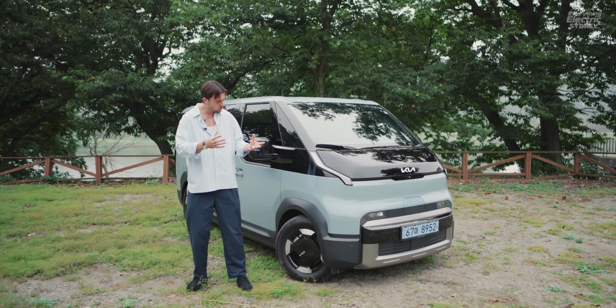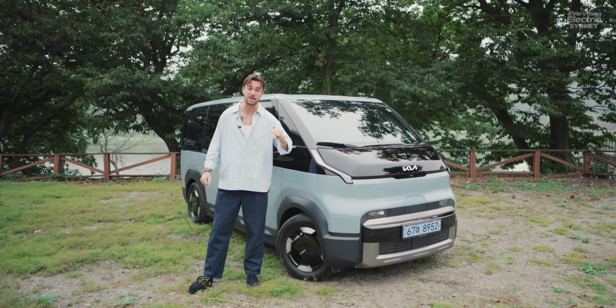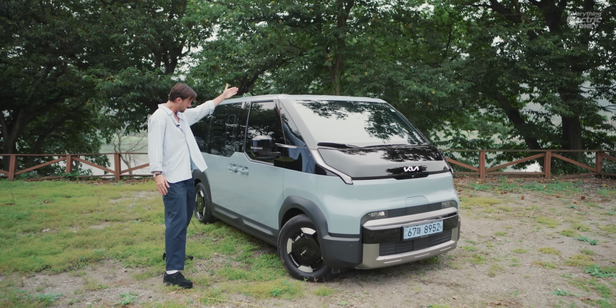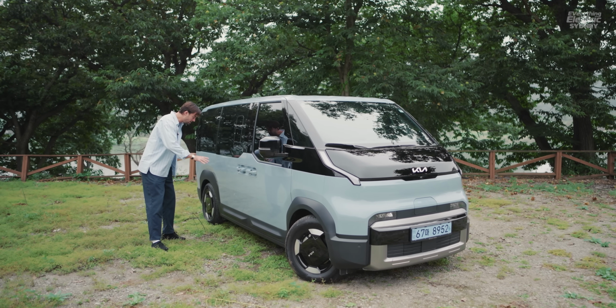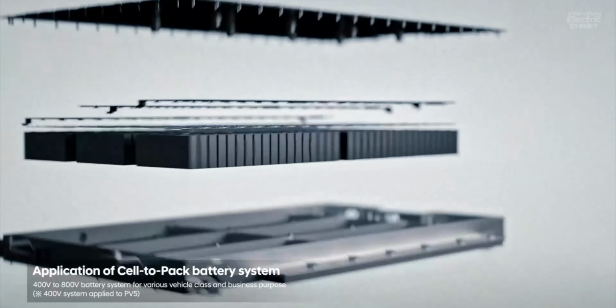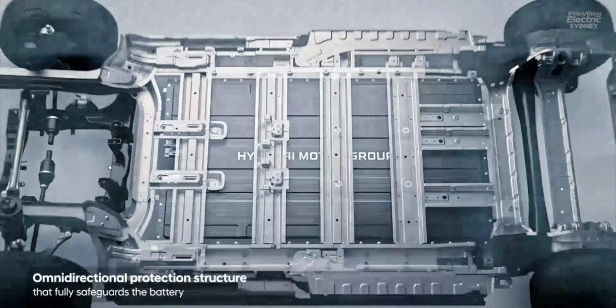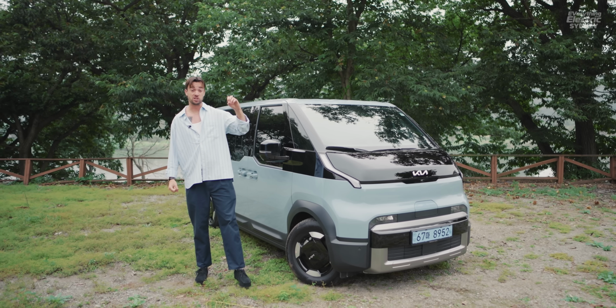It's just been tweaked to maximize standardization in the name of economy of scale. Basically, every PV5 from here forwards and here downwards is the same. A couple of different battery options, but they just drop those in. Cell to pack, by the way, very nice. And what that does is make it really, really easy to build these quickly and affordably, which enables a really,